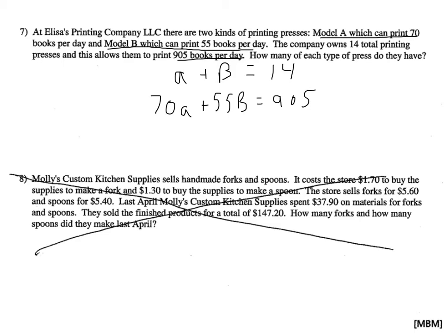Okay, so we're going to solve this one through elimination again. We need this top one to be a negative 70, so you have to multiply everything by negative 70. Let's multiply this out. Negative 70 times A is negative 70A. Negative 70 times B would be negative 70B. And negative 70 times 14, if you do that on a calculator,